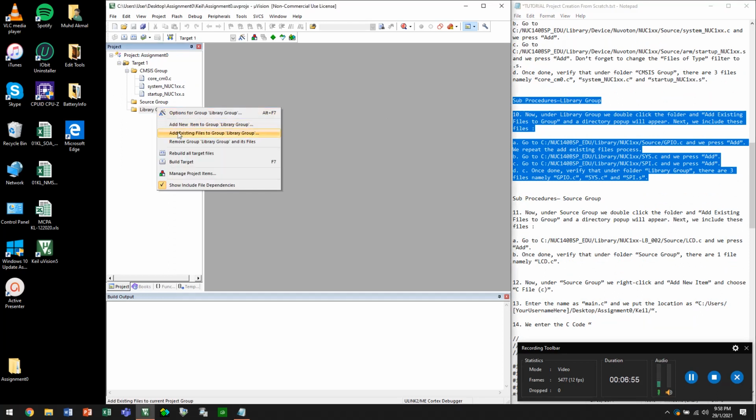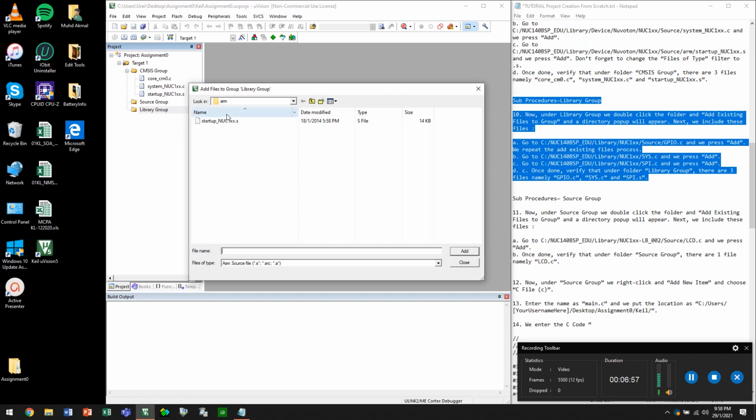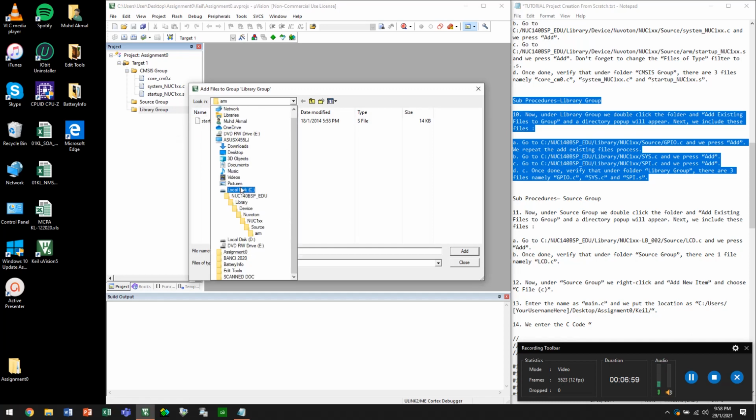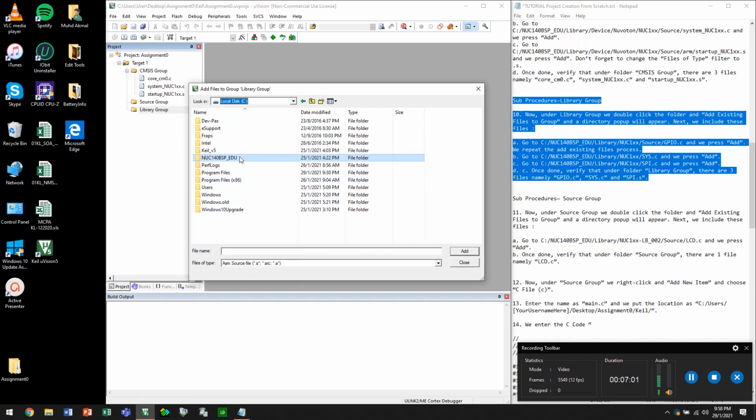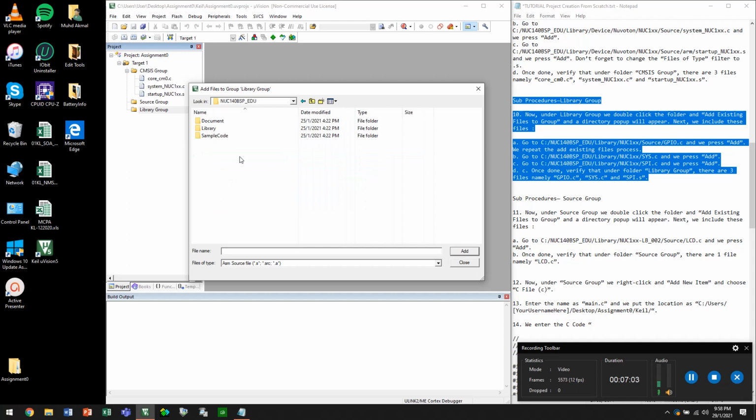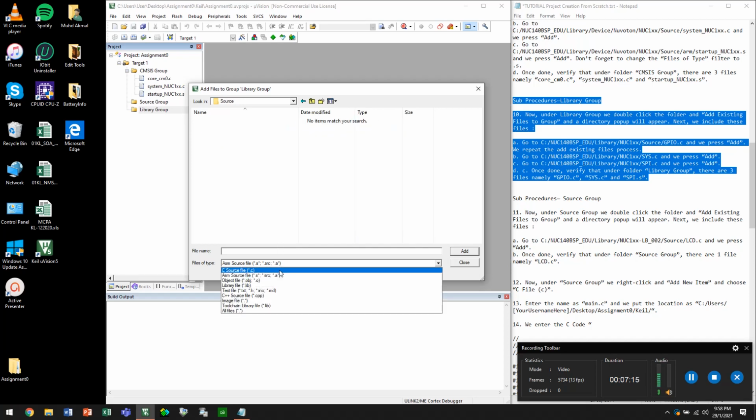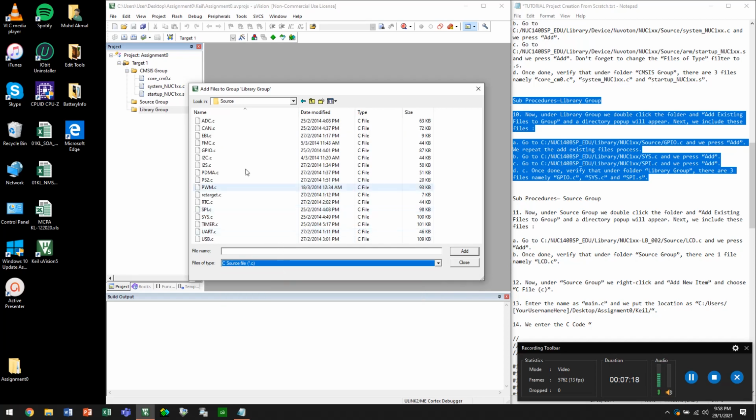Okay, so let's go to library, add existing file. We follow the steps. We go to C, we go to NUC140 BSP, and then we go to library, NUC1XX, and source. Now we need to change back to C file because all of them are C files. First, we need to choose this GPIO. We press add,